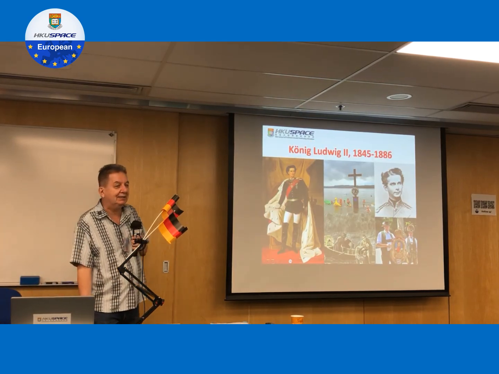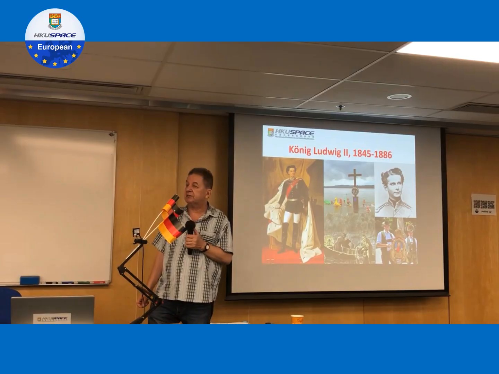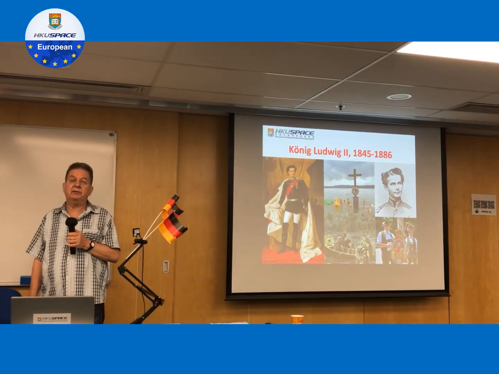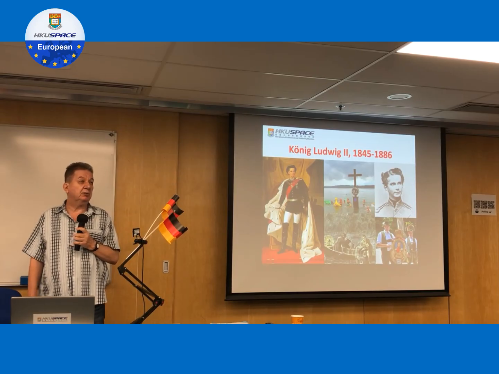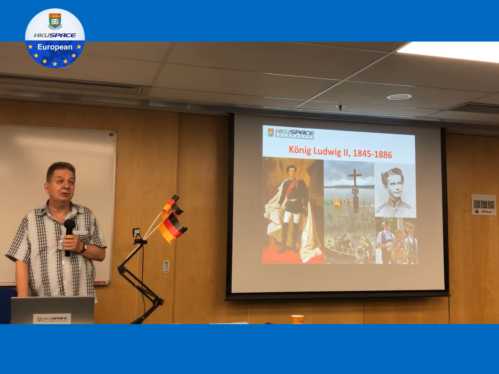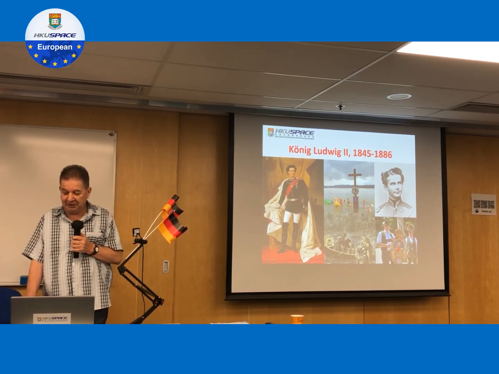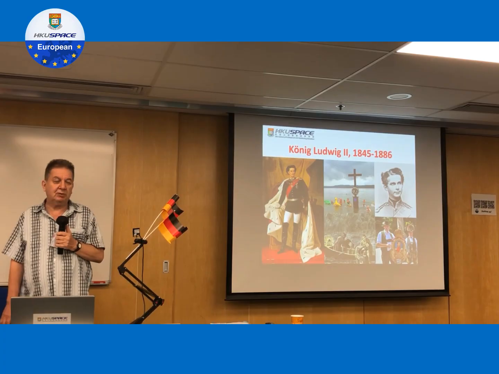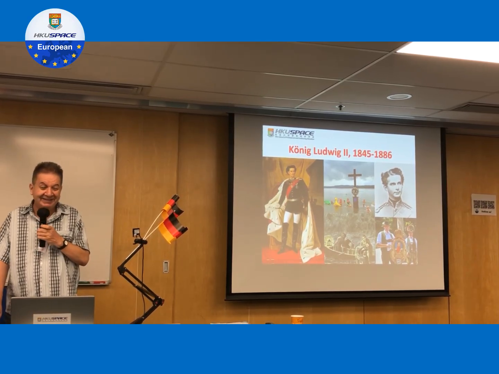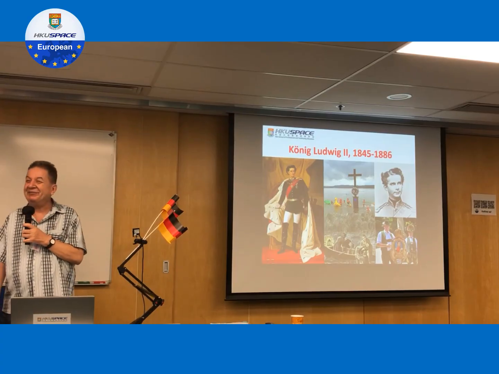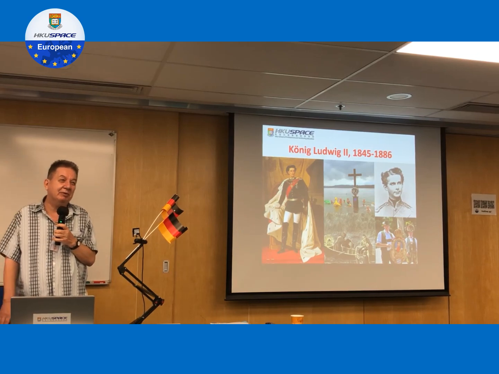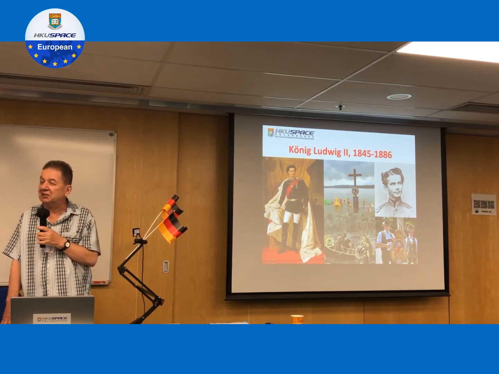König Ludwig. König Ludwig. There was a restaurant chain in Hong Kong named Restaurant König Ludwig. So he was kind of a strange person. He wasted all the money for these castles. He spent all his money on a German composer, Richard Wagner, whom he liked very much, and otherwise he wasted all the taxpayers' money for these castles. Nowadays, of course, we have a different perspective. Maybe the money is not wasted because it attracts so many tourists.